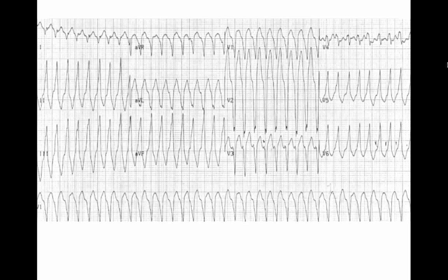Here we have a tachycardia that fails Brugada's criteria. We do not have concordance of precordial leads. V1, V2, V3 are negatively deflected. V4 is a little isoelectric, and then V5, V6 are positively deflected, so we do have some R-wave progression. But we have a left bundle branch looking complex in V1, and looking at lead 1, we have a negatively deflected complex, and in aVF, we have a positively deflected complex. So we've got right axis deviation, which leads us to think right ventricular outflow tract